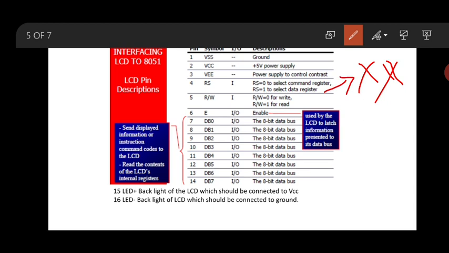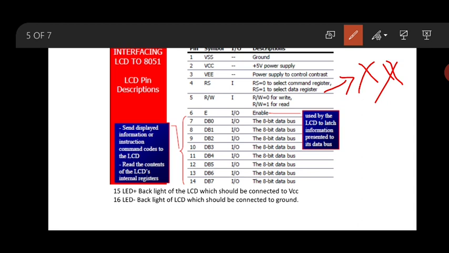When RS is equal to 0 and we transmit XX from the program, it will not be considered as data bits. It will be considered as command bits, so the LCD understands that the 8051 is sending command bits for a particular operation.